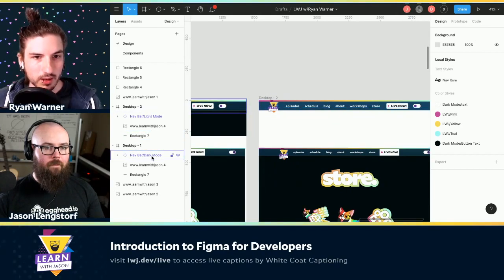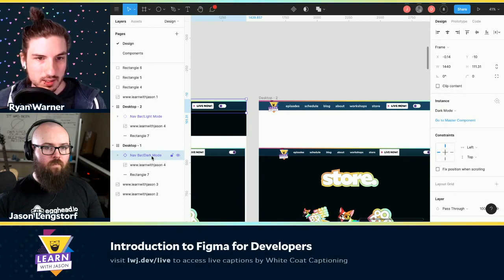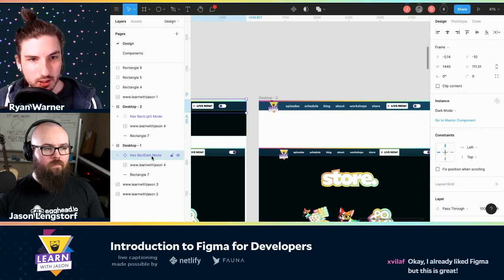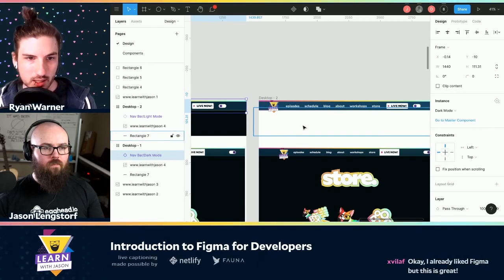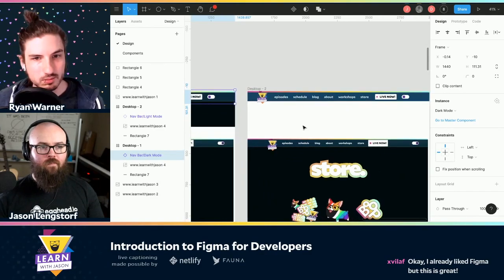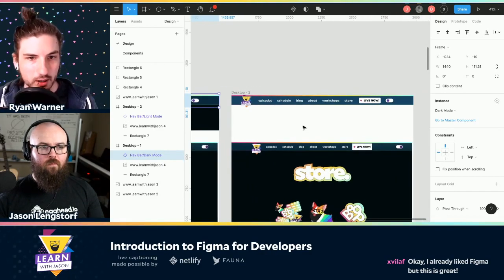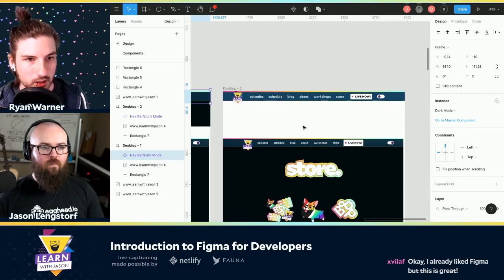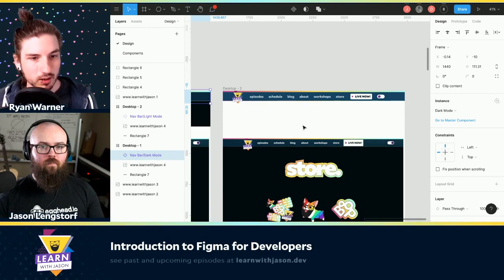The light one has a component instance inside of it with an override on the background color. If we want to change something that is not overridable, for example, adding a new element, a new layer, or changing positioning of something, we'd have to go back to that original dark mode master. Then it would update across the dark mode and the light mode.